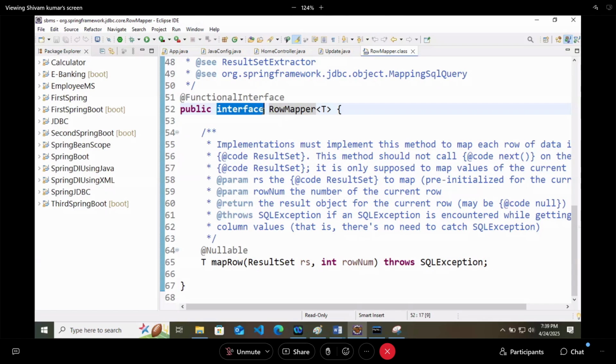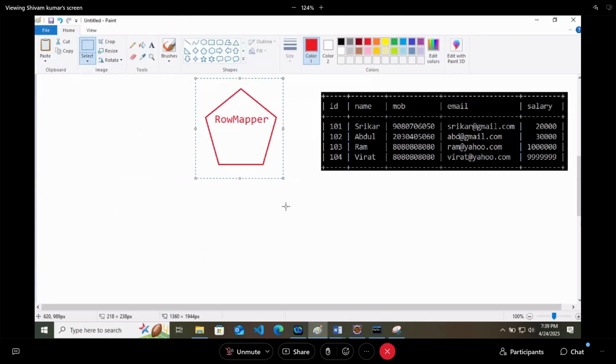It has only one method, that is mapRow. So what is the work of that method? This method will take values one by one from one row. Okay, give me the values, and it will try to create an object here.